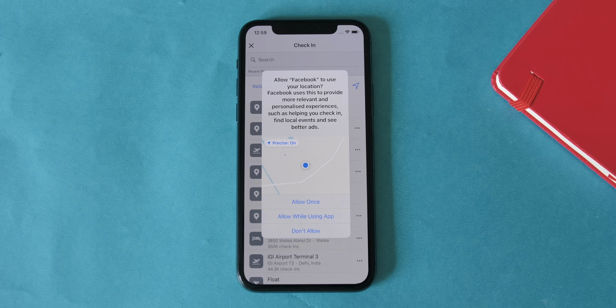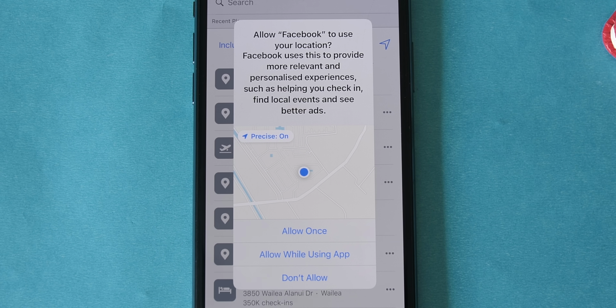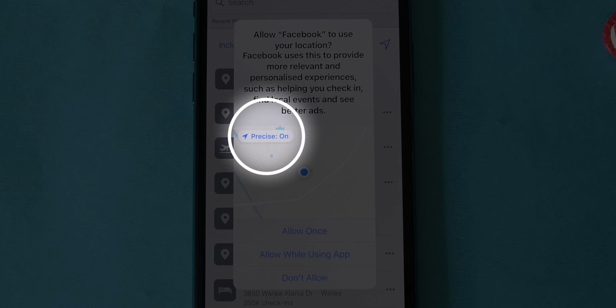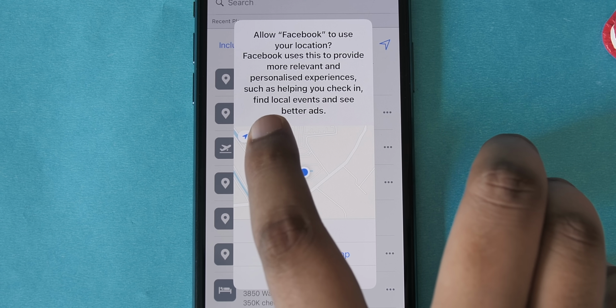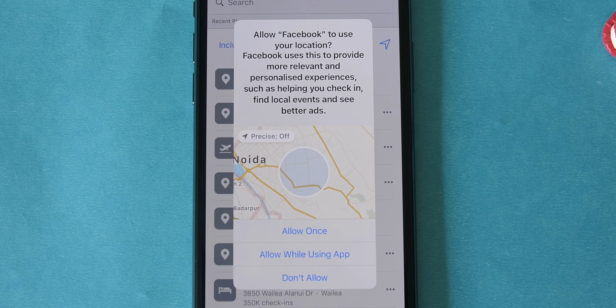So when Facebook asks you for the location permission, like Android, in iOS you get these three options. Allow once, allow while using the app, and don't allow. This is fine, but what's actually interesting is this precise button here, see? So I can turn this off and you can see the blue dot turning into a big circle, which means